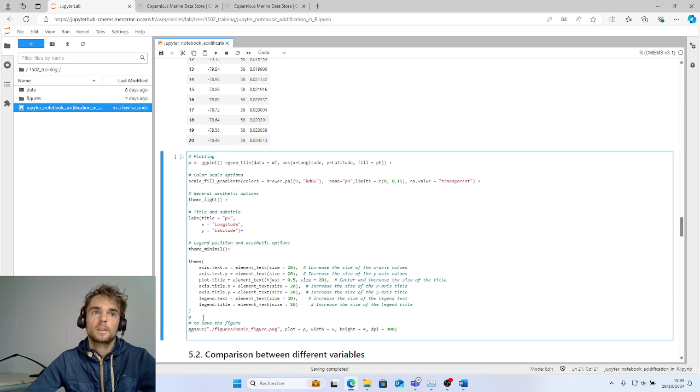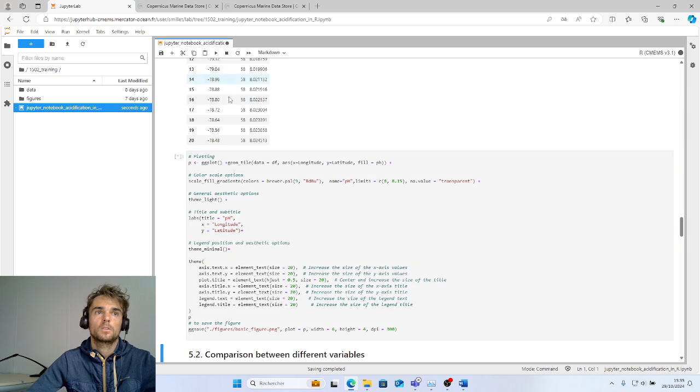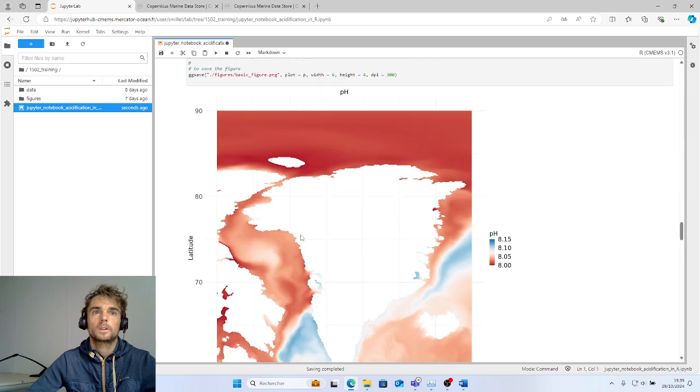And then we plot the figure and save it with ggsave. We save in the folder figure here. We run the cell, and we can see the pH around Greenland here.